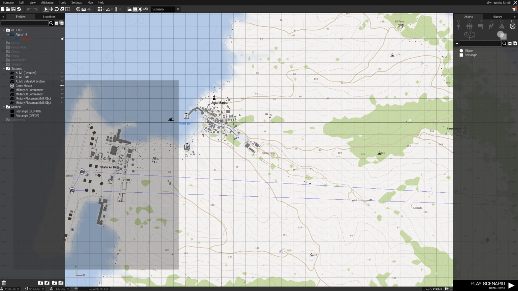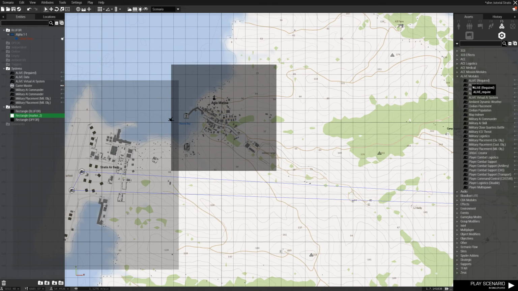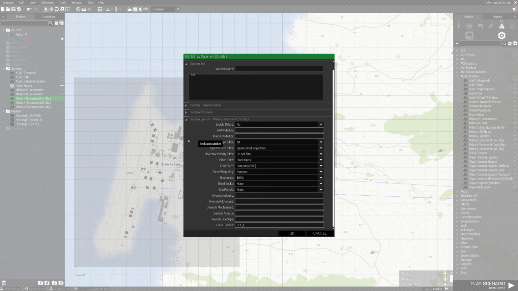We'll place a rectangle over Adgia Marina. We're then going to place down a module, the military placement module, but this one is going to be a civilian objective. So we're going to take the civilian objective. We're then going to set a few things. We're going to set the force faction to OPFOR, and we're also going to set the marker. Now we're going to call this marker